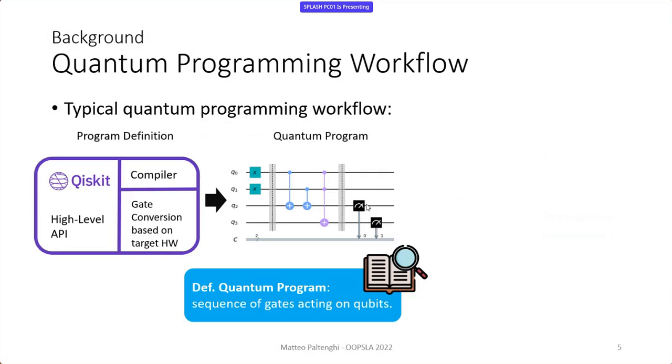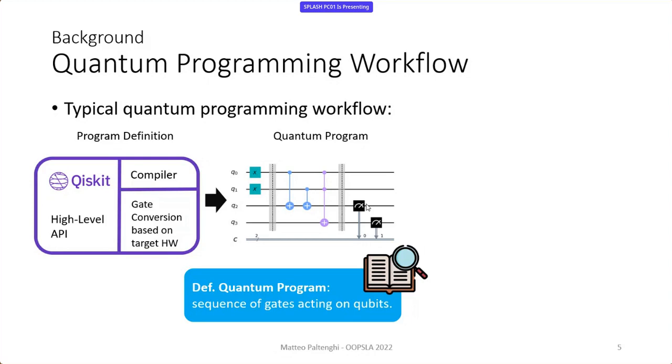So let's have a look at this diagram and understand it a bit better. It is usually read from left to right, like a musical score. We have multiple lines. Each line is a qubit, a single piece of information on which we do our computation. And then we have these boxes, which are the operations that we perform either on a single qubit or on multiple qubits, like these vertical lines. Another important factor is that at the end of this circuit or program, we have measurements. Measurements are the bridge between the quantum information and the classical information. In a measurement, we collapse the quantum information into a classical information, either a 0 or a 1.